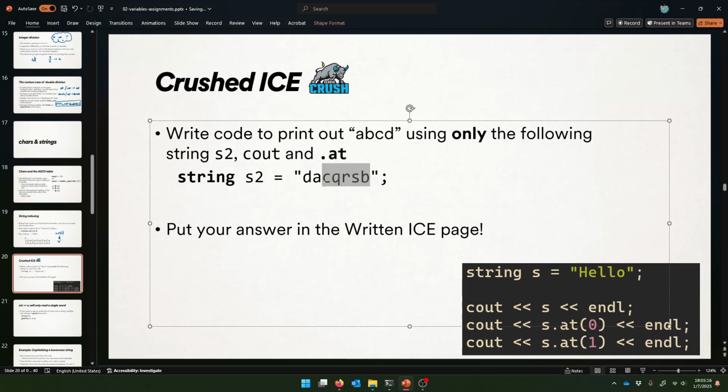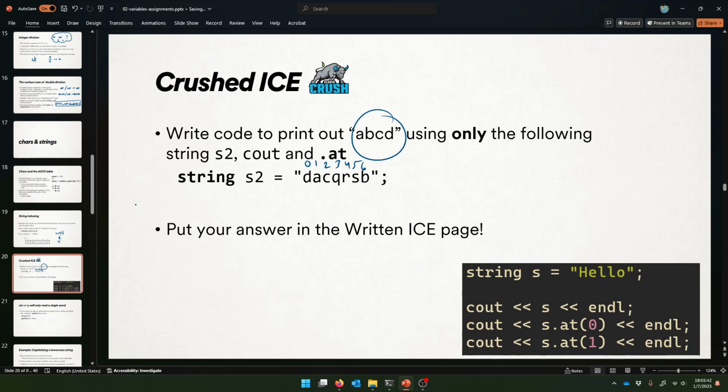So you've got to figure out the indices of these characters so that you can print them out in the order that you want them. All right, did you figure it out? So what is this A character's index? Is it 2? It's the second character. It's not, right? It's 1 because it starts at 0. That's index 1, 2, 3, 4, 5, and 6. So I guess if you want to print out ABCD without new lines, you just want to print it out in order. You don't want to add new lines after the end. So you'll just say cout